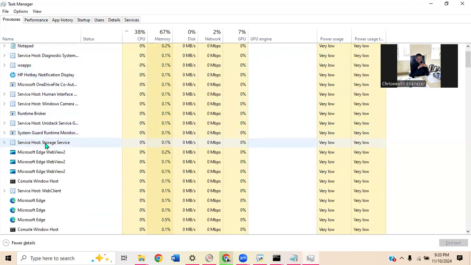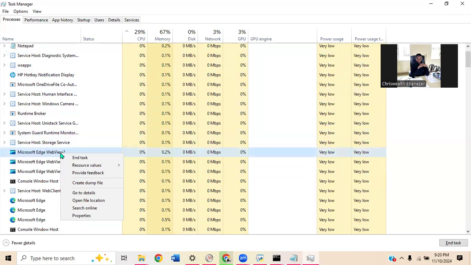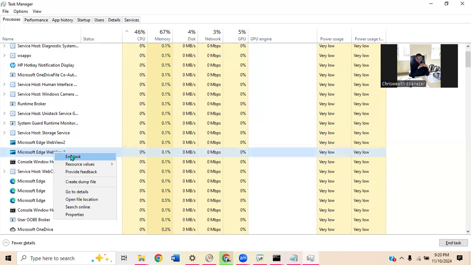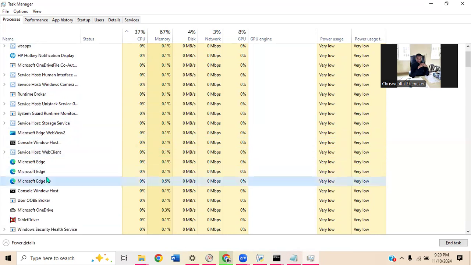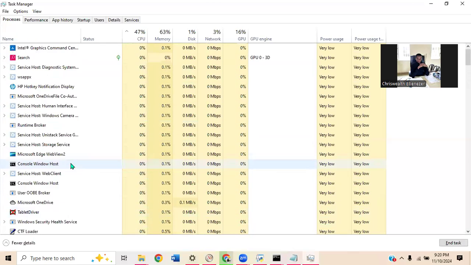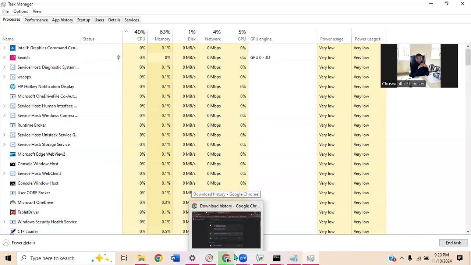Any software you see that you don't need, like my Microsoft Edge WebView, I can right-click and end the task. You just do it one after the other. Microsoft Edge, I'm not using it. Right-click, end the task. Just keep doing that until you have been able to reduce the number of background applications running on your laptop. This will help increase the performance level of your laptop, and I believe the hanging will reduce